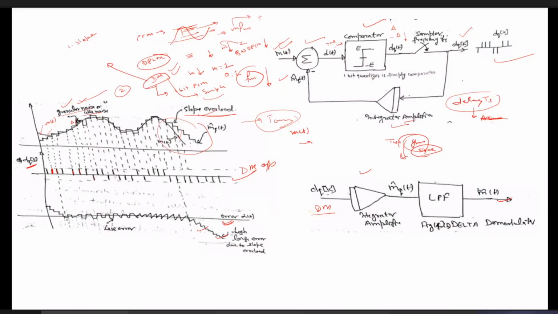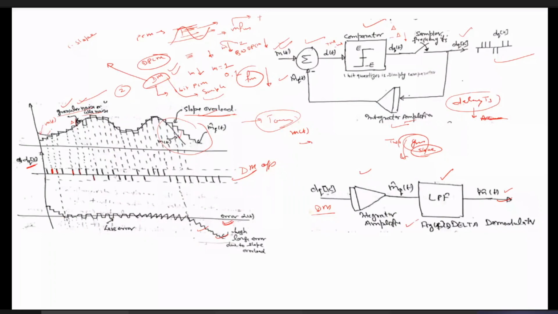Because of that, we simply use a low pass filter at the output, and the application of the low pass filter at the output of this delta modulator is mandatory. Unless we use this low pass filter, we cannot get exactly the message signal. So we get an approximate value of our original message signal, given as m bar(t), which is very close to our original message signal. This is how we reconstruct our original message signal from the sampled signals in delta modulation.